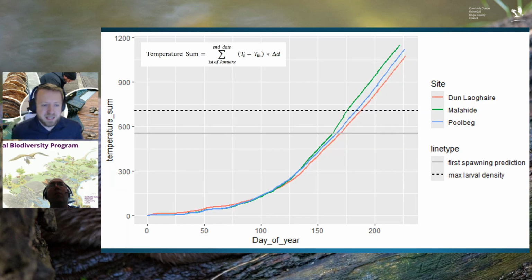We've also been able to create these temperature sum curves. This is a tool that's used by lots of different industries, agriculture as well, for being able to predict when the oysters are going to spawn and when we should start to see settlement of baby oysters for our next generation. That first gray line across the bottom is where we would expect to first detect larvae, and we didn't have any reference for the sites before this. So we put our detectors out to see if we could start to find larvae around then, and we were getting some early results and then able to see max larval densities at that darker line.